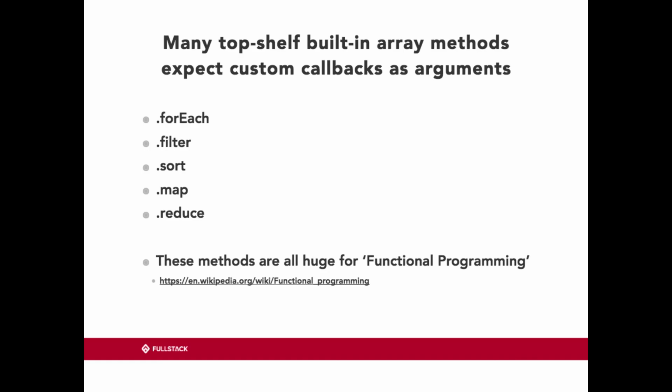Sort. It expects a number from the callback, and if the number is greater than 0, then it will switch those elements. Otherwise, it will keep the elements in the same order. Map. It will basically create an array of whatever value you pass back to it. And then reduce. It will go through the entire